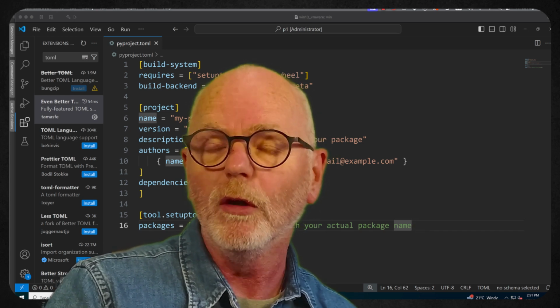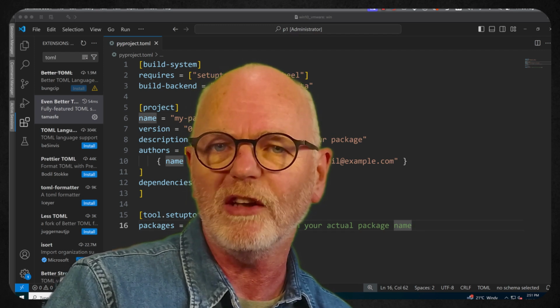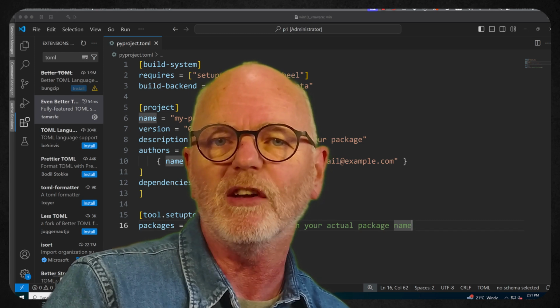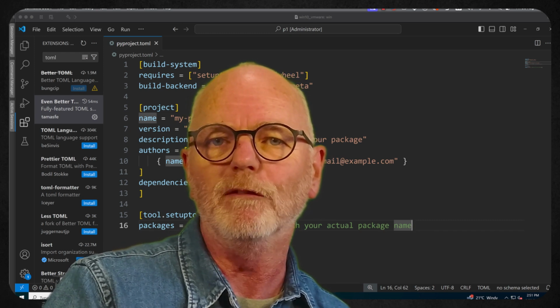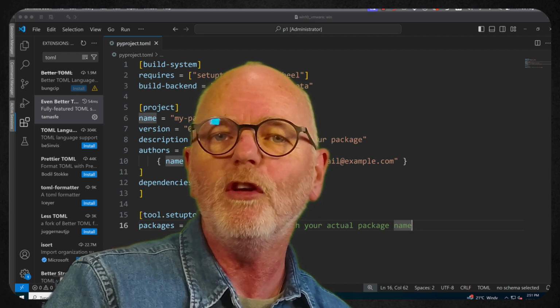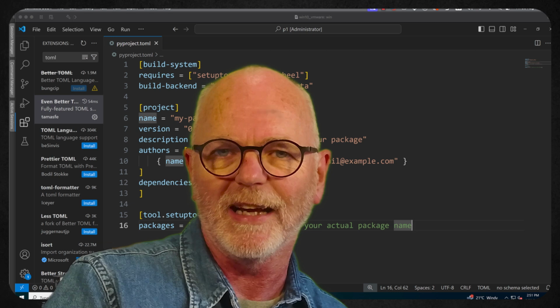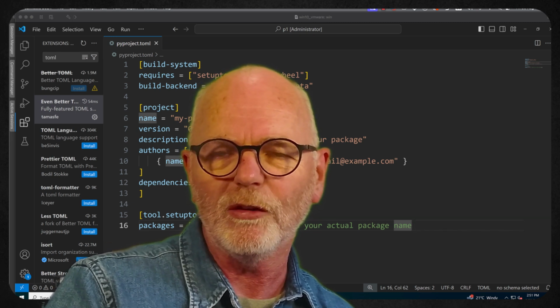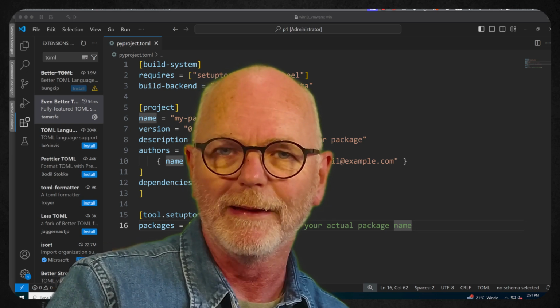But did you know you could also use this as a configuration file, so you can store settings that you're going to use for your linters, such as the standardized black linter. Doing this means that you're going to have very consistent settings between your different Python projects, and they're going to be easy to understand and easy to read. So come on, let's look at doing some linting with pyproject.toml and black.